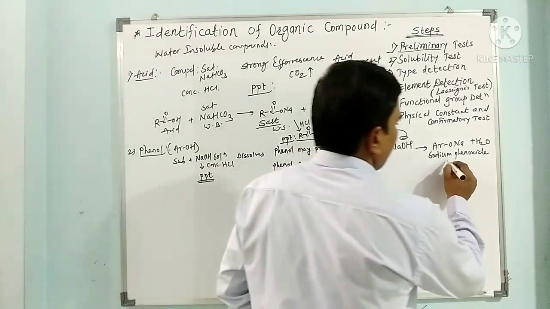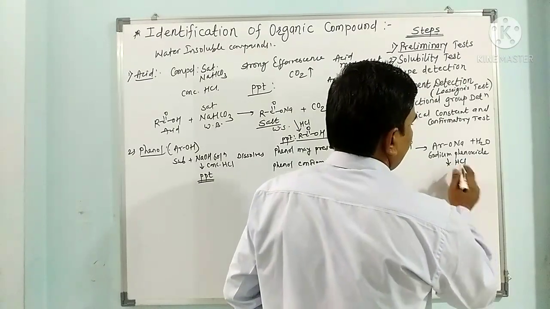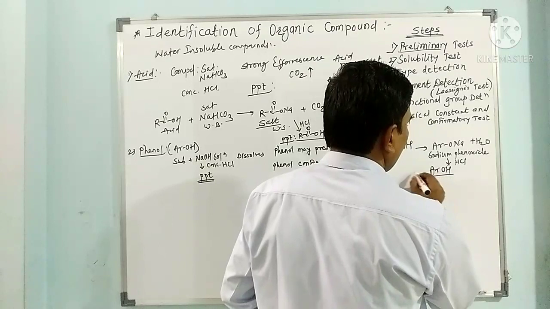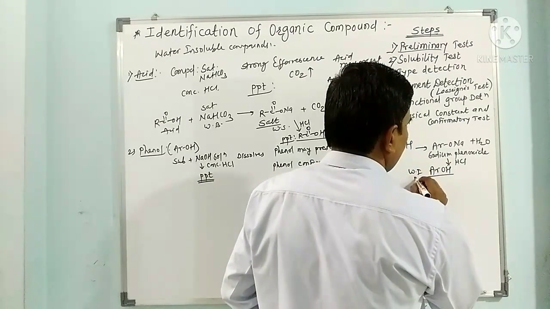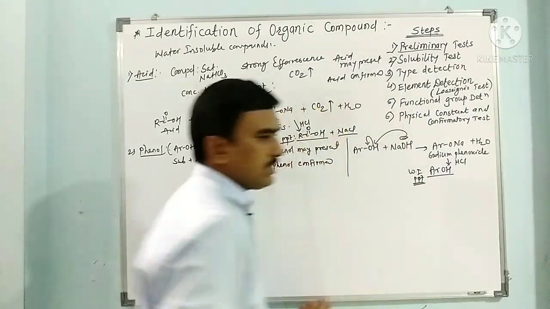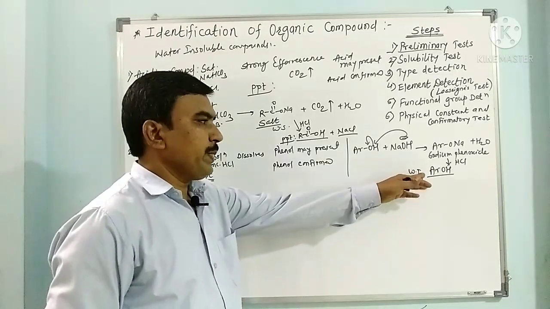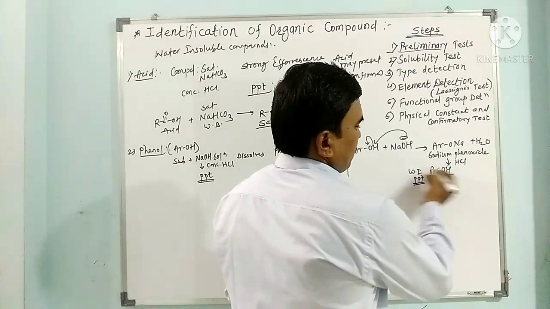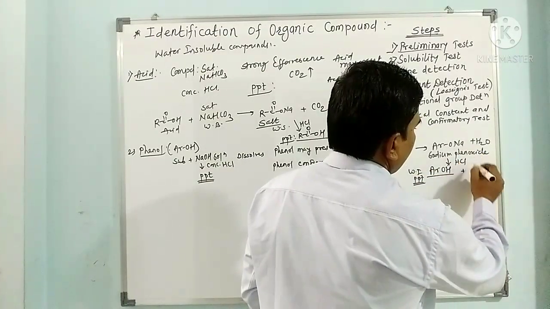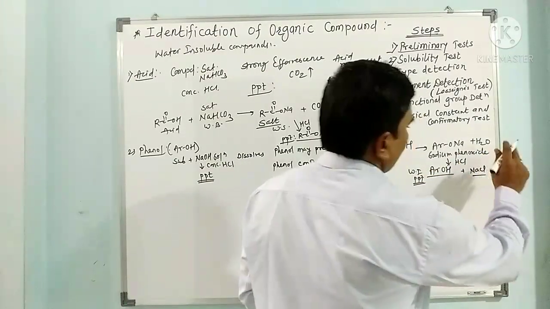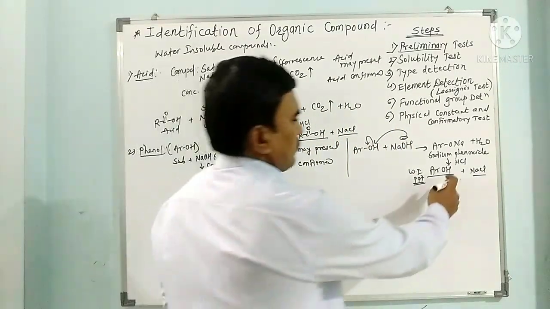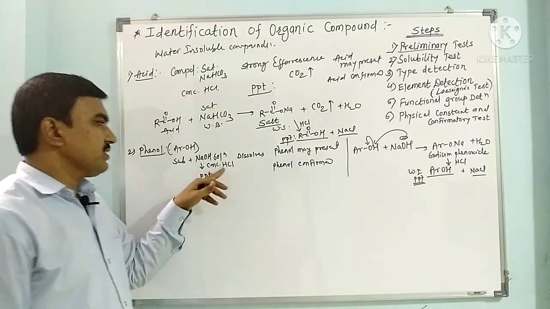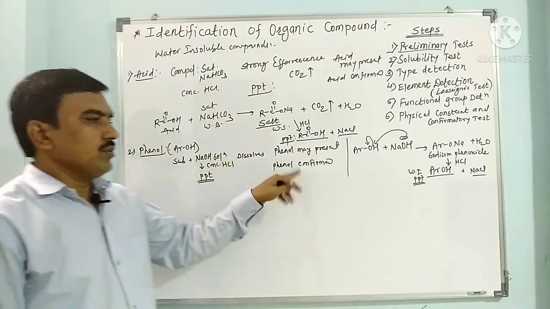So when we are adding HCl, the salt is decomposed and we get ArOH. This is a water insoluble compound, hence we get it as a precipitate. Precipitate obtained means it separates out from this aqueous solution, plus NaCl, which goes in water, it is water soluble, so the phenol remains as a precipitate. So we can say once we get a precipitate after adding HCl to this aqueous solution, phenol is confirmed.